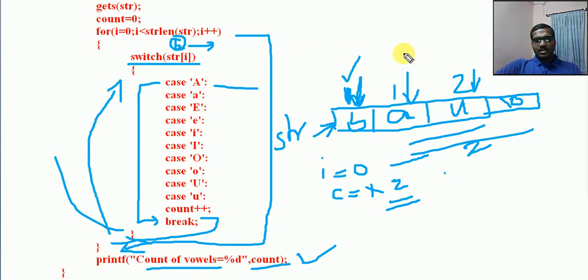In the next location, if any of these conditions is true, count plus plus. Okay, otherwise we can break. In the next iteration we may find the same vowel element in this array. So that is another logic that can also be applied. This is a different logic to find the number of vowels.